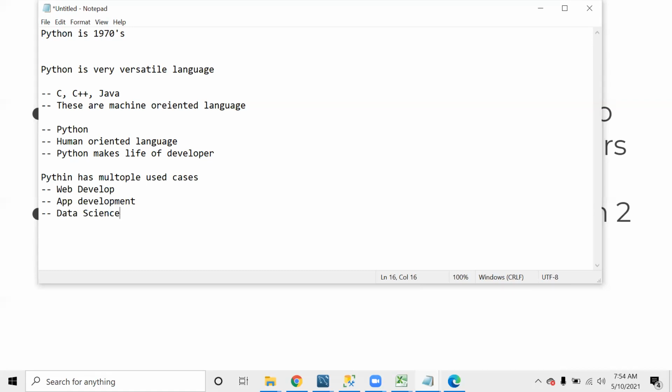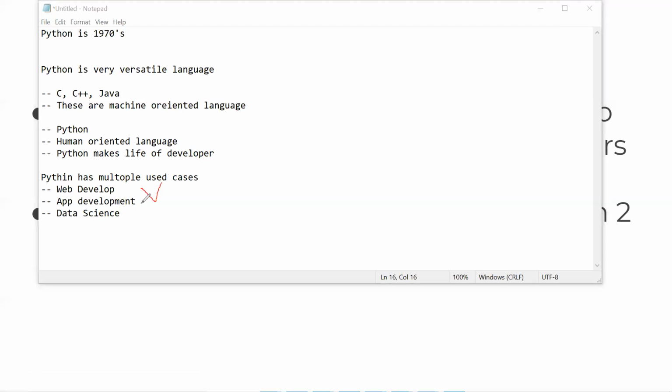These are three different areas, and there could be more, for which Python is used. Our focus will be on data science: how Python is useful for us and how we can use it in the context of data science.